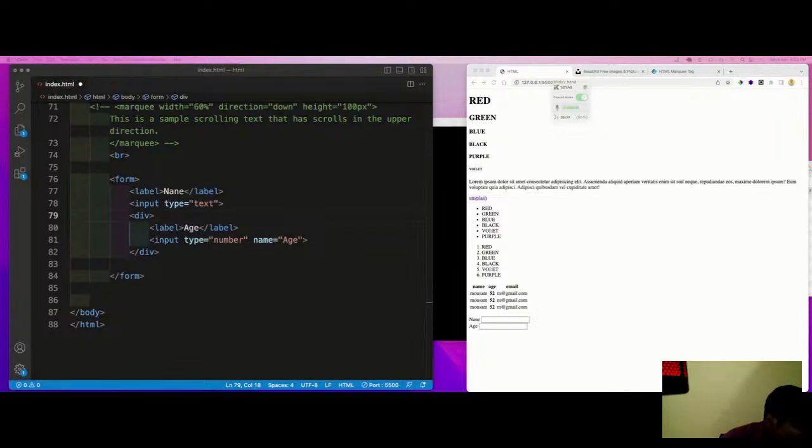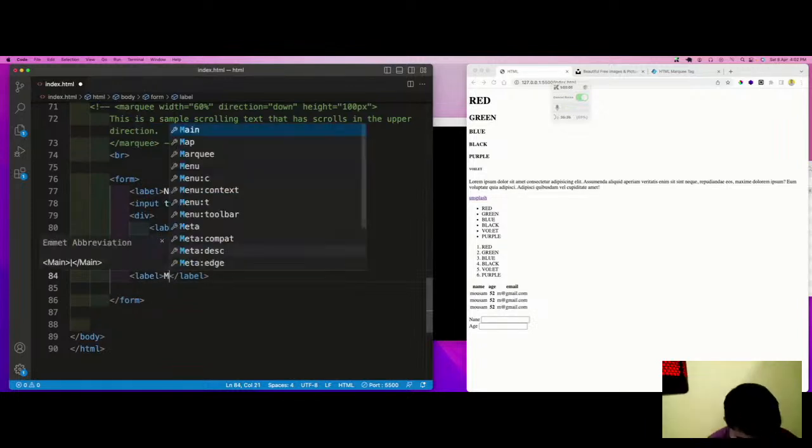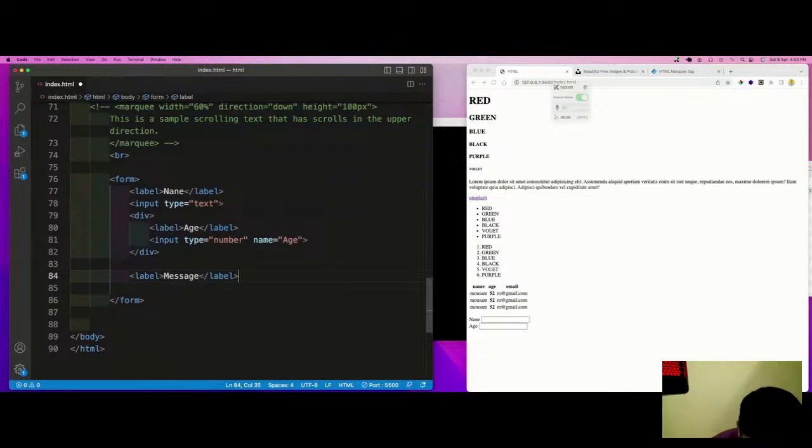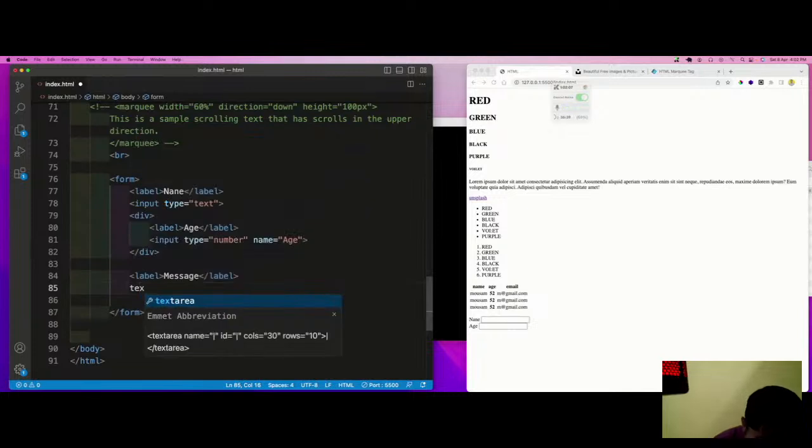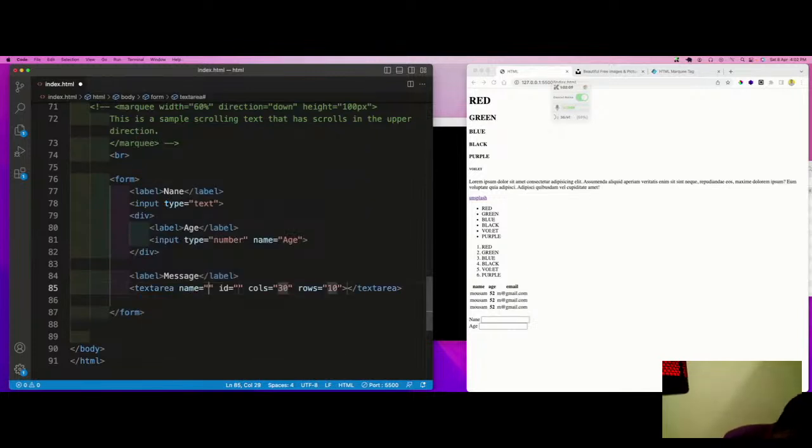Now after this, let us check out some more types of forms. So what we do, we have the next kind of form. We have, let us say, a label for message, and for the label we have a text area, and for the text area we have the name as